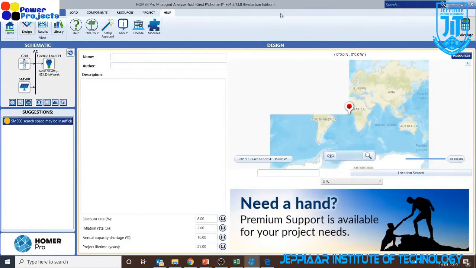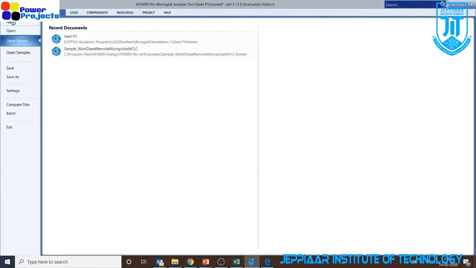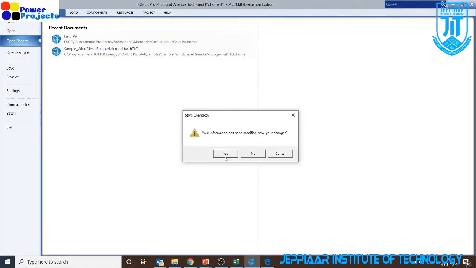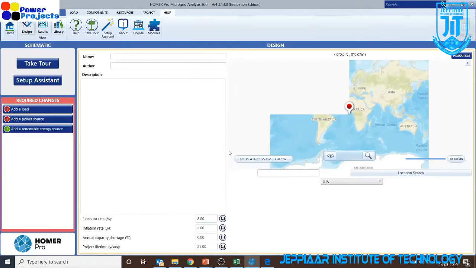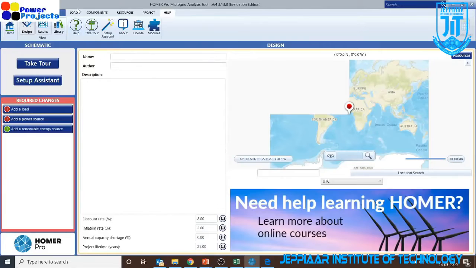I think I have already modeled it, but for your ease, let me start from scratch. Let me go for a new project and model this entire system. So let me go back to this question. The question is about an industry which receives the power supply from the utility, and whether adding renewables is worth it or not, what the commercial price is, etc. That we will check.